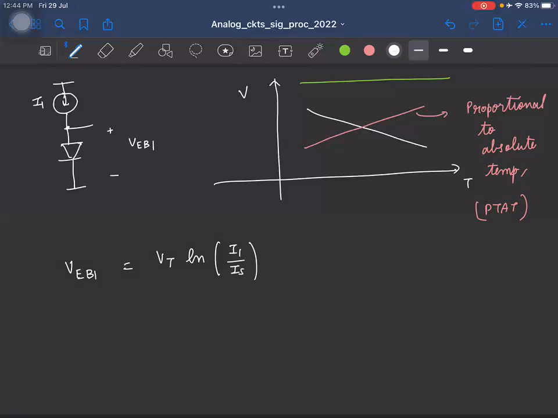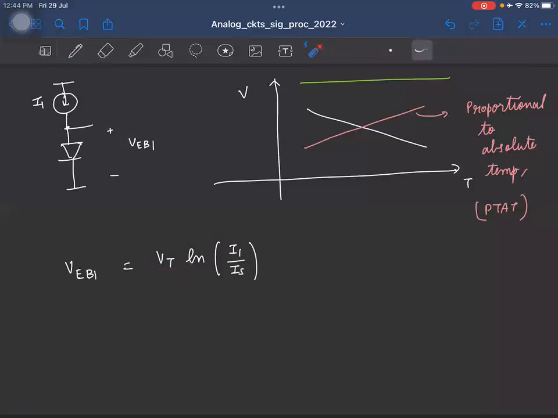Initially we thought this voltage might increase linearly with temperature because of VT, but we got the CTAT behavior because of IS. So if we can somehow get rid of IS in this expression, then we can generate a